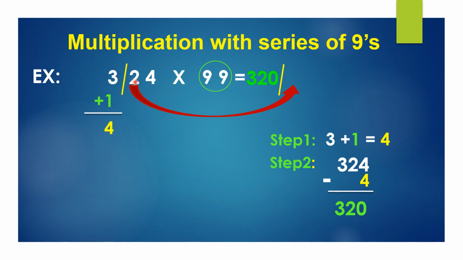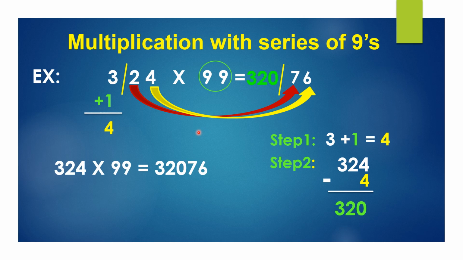How much should be added to 2 to get 9? Nikhilam Navataha. 2, 4. 2 is the first number. So how much should be added to get 9? 2 plus how much is 9? It is 7. Next one, 4 is the last digit in 324. So the rule is Charamam Dashataha. How much should be added to 4 to get 10? It is 6. So the product, the answer is 32076. 324 into 99 is 32076. Very easy, isn't it?